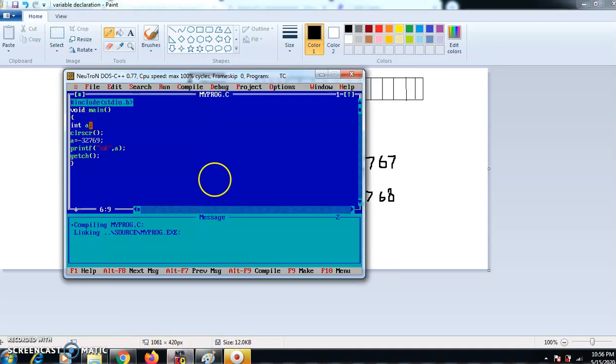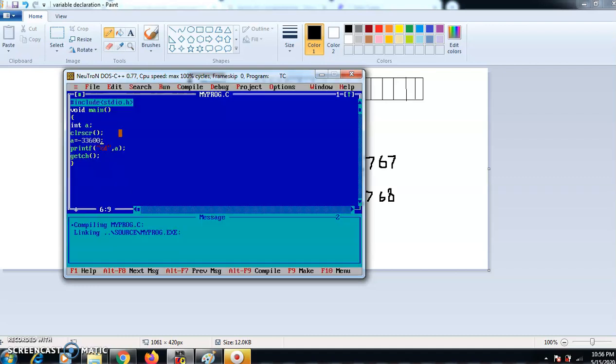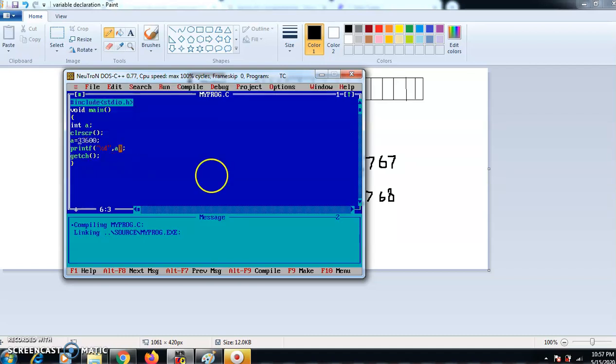I'll tell you what the answer will be here. We want to store 33,600, and the output is minus 31,936. Okay, so it is in the form of rotation, correct? You can just calculate it with a calculator and you will get the correct answer like this. Okay, so